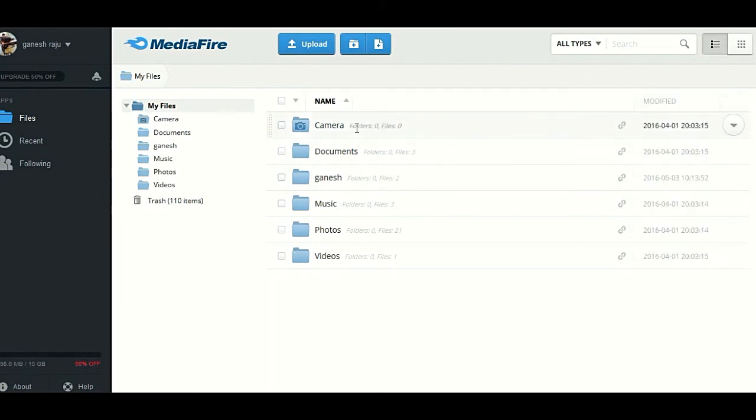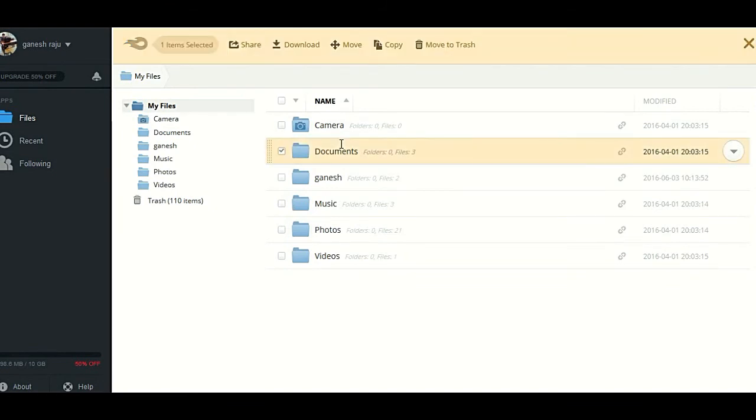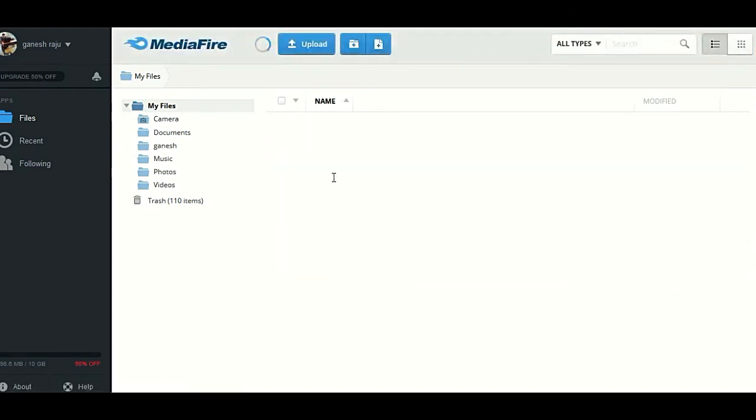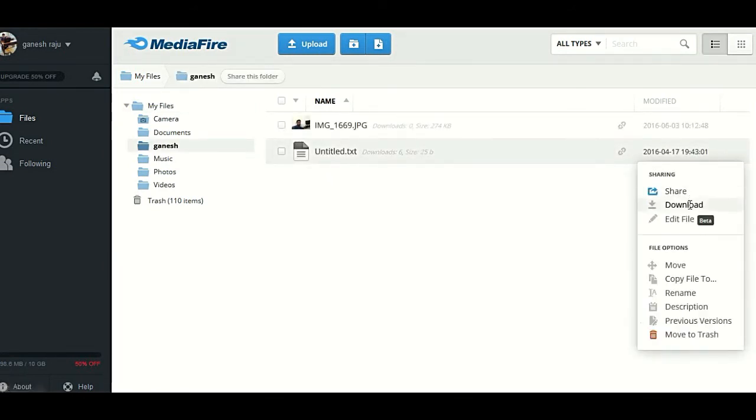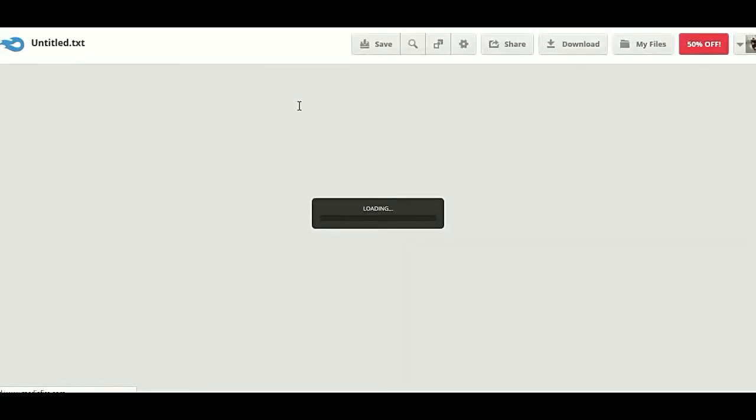And also I want to show you how to edit documents. You can preview the documents and also edit the file. So now it is a beta version in the media file. Okay, now it is loading.